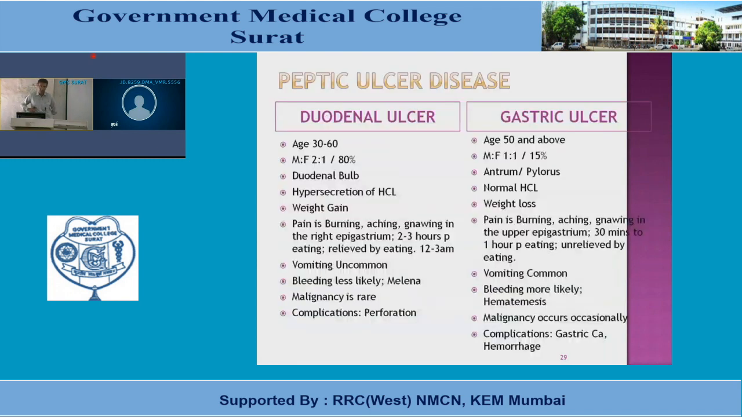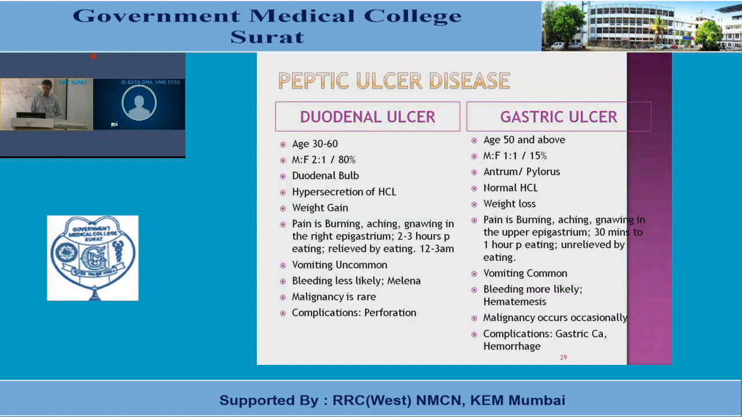Now the difference between peptic ulcer, duodenal ulcer and gastric ulcer. Duodenal ulcer most commonly occurs at 30 to 60 years, in males, in 80% of cases in the duodenal bulb, and is due to hypersecretion of HCl and weight gain. In clinical symptoms, burning, aching, vomiting is uncommon, bleeding is less common, malignancy is rare,